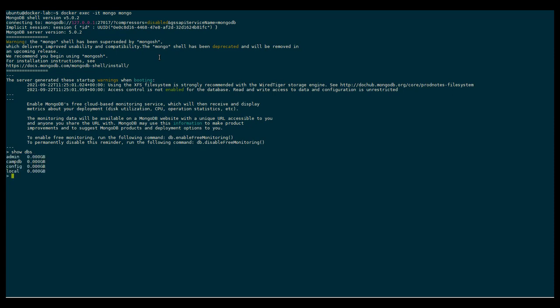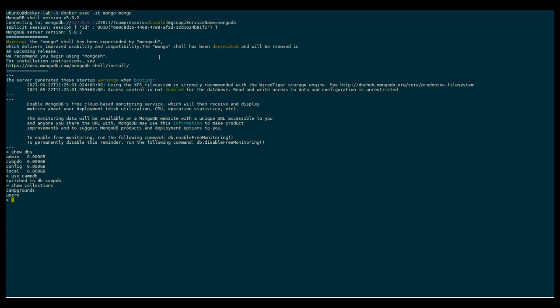In the list of databases shown here, we will use CamDB. Inside CamDB, we will see the list of collections that are created. We have two, campgrounds and users. Campgrounds is for the campground data, and users is for the user data.